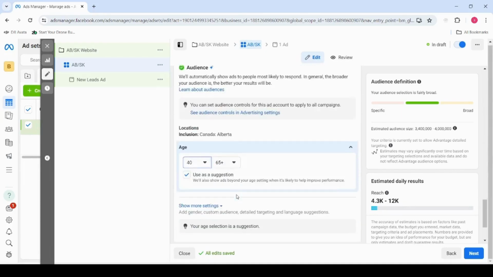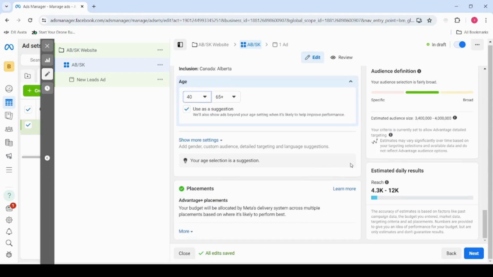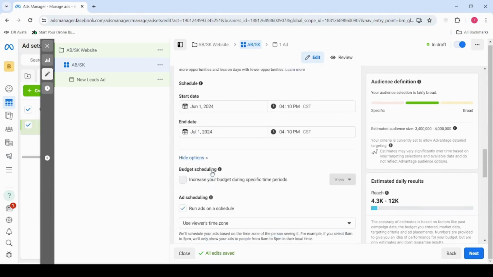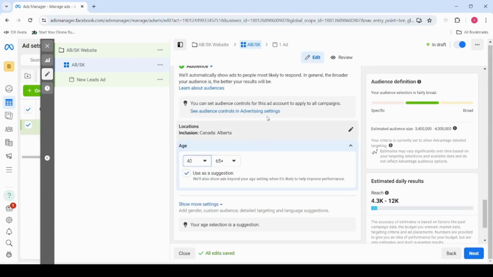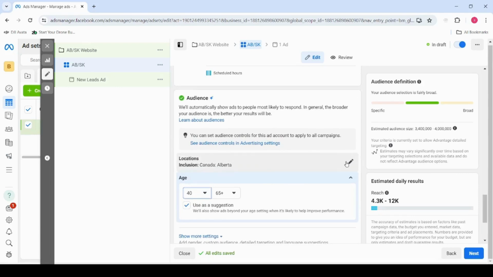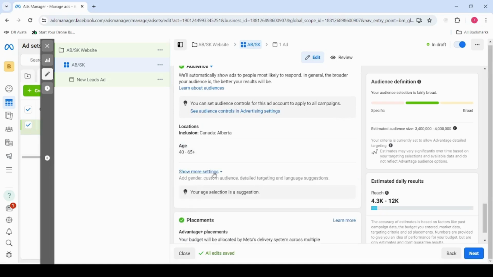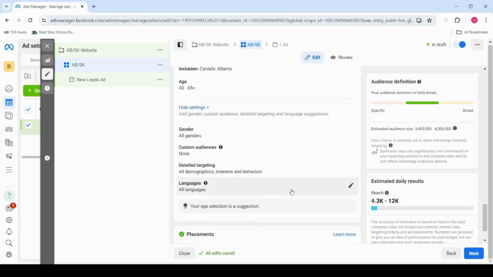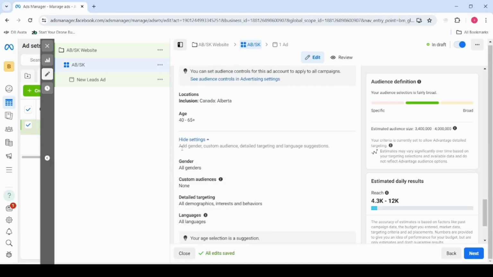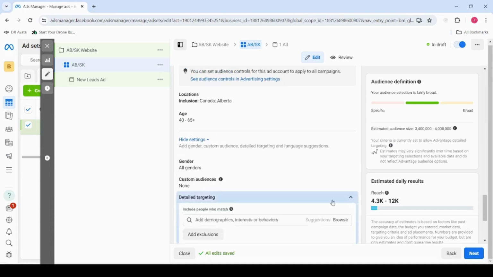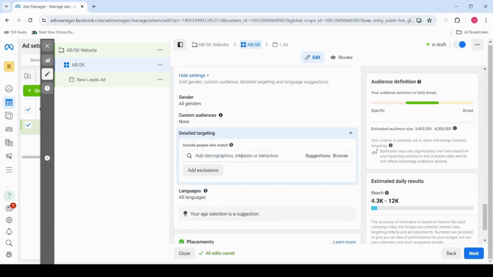So I need to go find my... should be under... Where is my audience suggestion? Oh, here they are. Sorry, this is what I want. I think only 2 days ago it changed some of these settings, so now the button looks different. Anyway, I want detailed demographics. If you are targeting business owners,